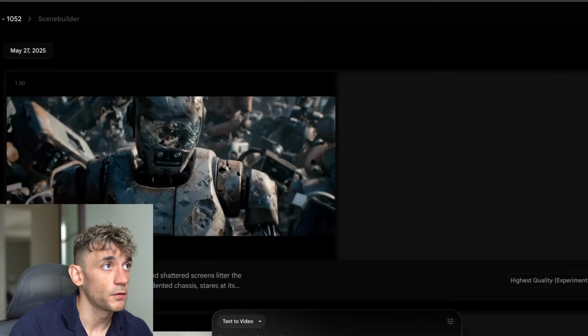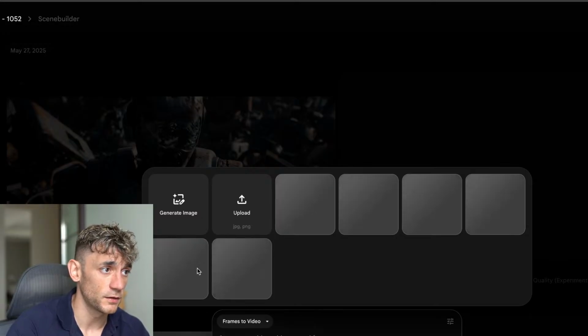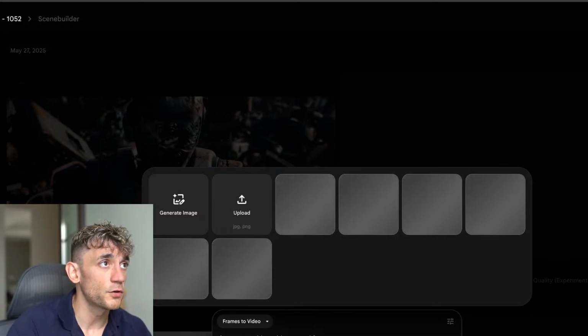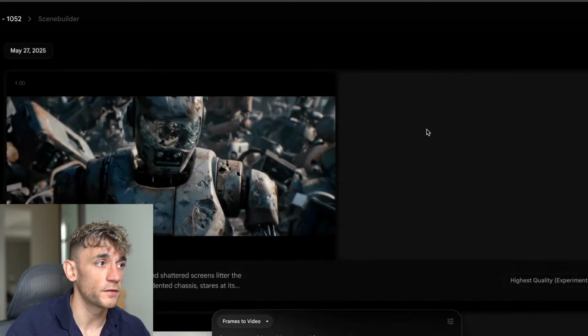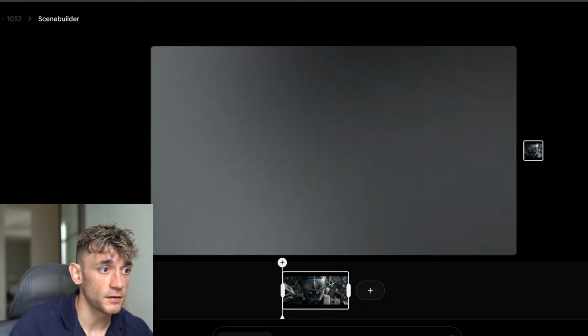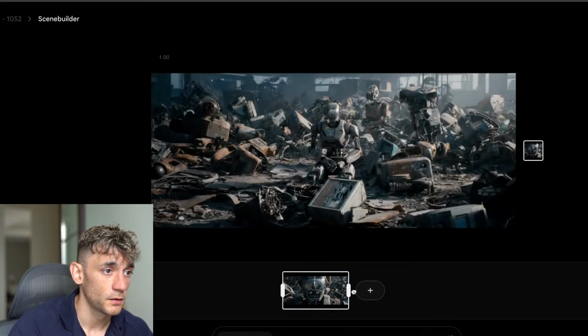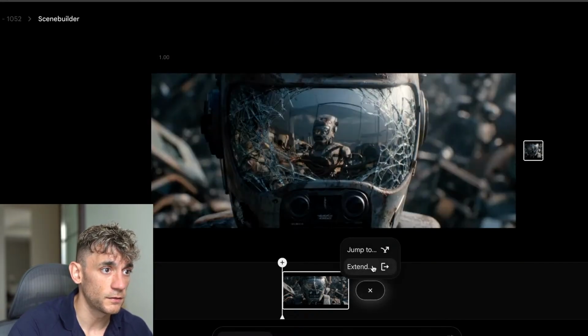And then if we go back, what you would do from there is start generating the prompts inside Flow. Now you can actually do frames to video. So if you do frames to video, you can add a frame that you've already generated, like you can see, right? So that's pretty cool as well to make your video more interesting. And then also what you can do here is if we click on add to scene, we can actually extend the existing movie scene that we have, right? So if we click on plus, extend, that will make the scene longer in itself.